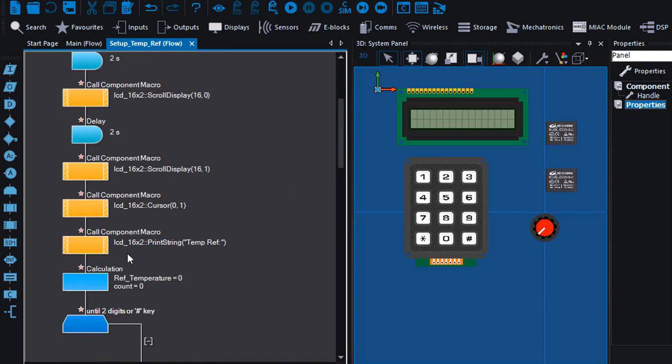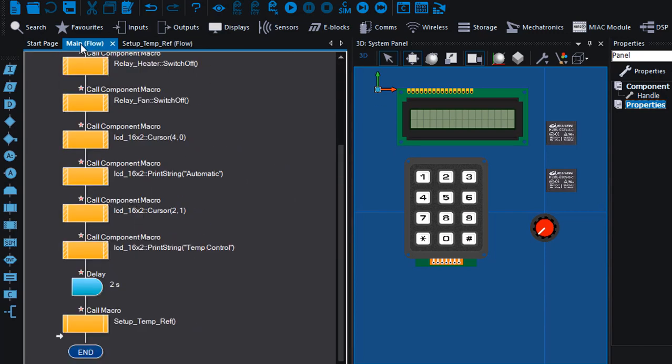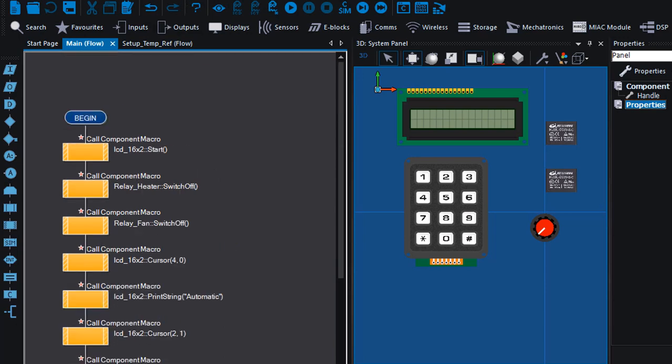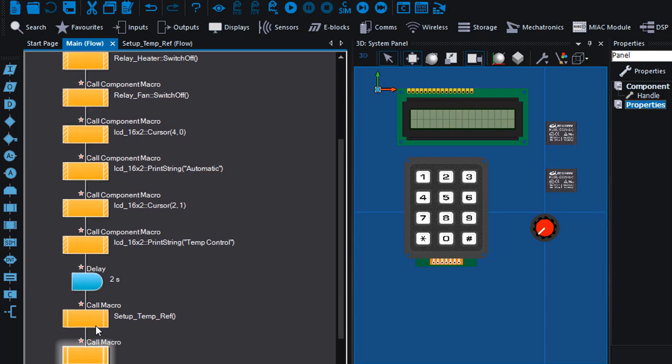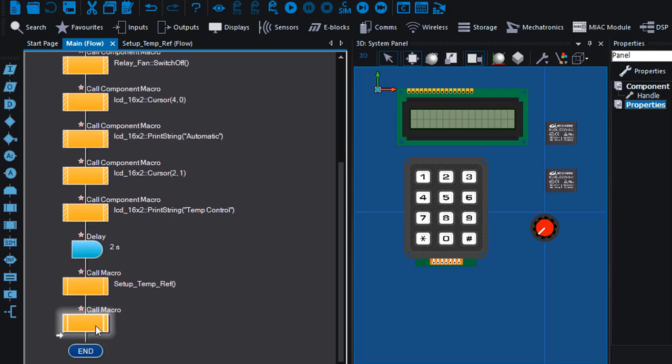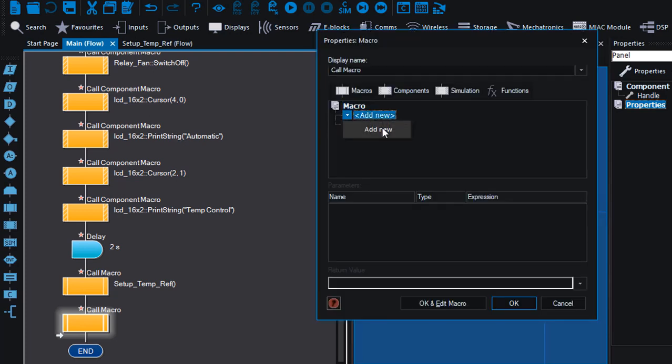Control V. Okay, now we're gonna call this setup temp ref macro. We're gonna start reading our temperature, so we're gonna create a new macro. We're gonna name it read temperature, add new,